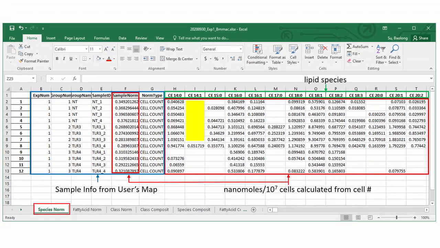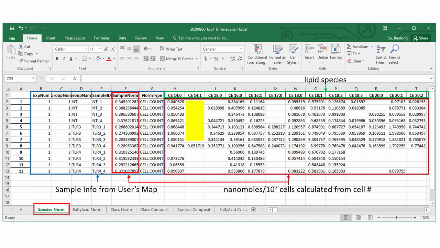Within all sheets, you will notice that some cells are blank. It is important to note that these are not zeros, but an indication that these species are below the limit of detection or quantification. Within a shotgun lipidomics experiment, the detection of species is a function both of the abundance of that species and the other compounds in the sample. As such, a not detected value is likely lower in concentration than a reported value, but that determination cannot be made for certain.